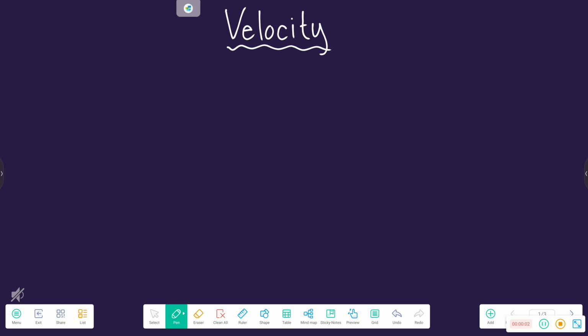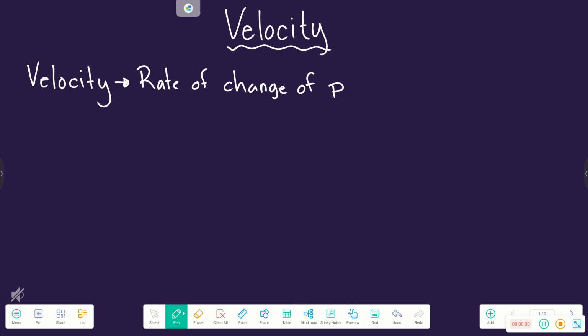Welcome to velocity. So we're going to be talking about velocity, specifically different types of velocity. But first, what you need to know is what velocity is. So when we're talking about velocity, velocity is the rate of change of position. So if we're talking about miles per hour, I'm talking about the rate of change at a specific